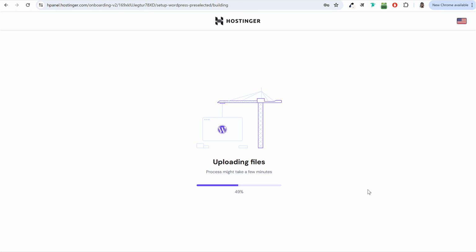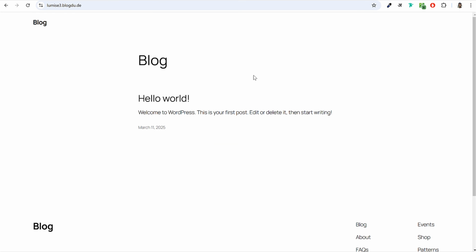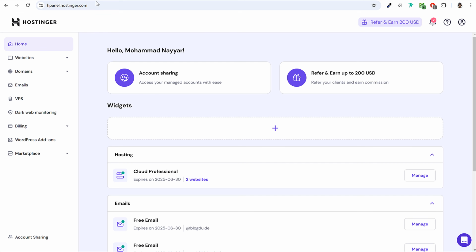Now, once you click on that next button, WordPress will start installing on this new domain name. This is a very small process, hardly takes around 2 to 3 minutes. So let's wait. Once it is done, you will see this page. You will see your website has been created for you. Sometimes you might be redirected to the website or sometimes you might be redirected to this page. Okay. So in any case, I would recommend you to come to this page,